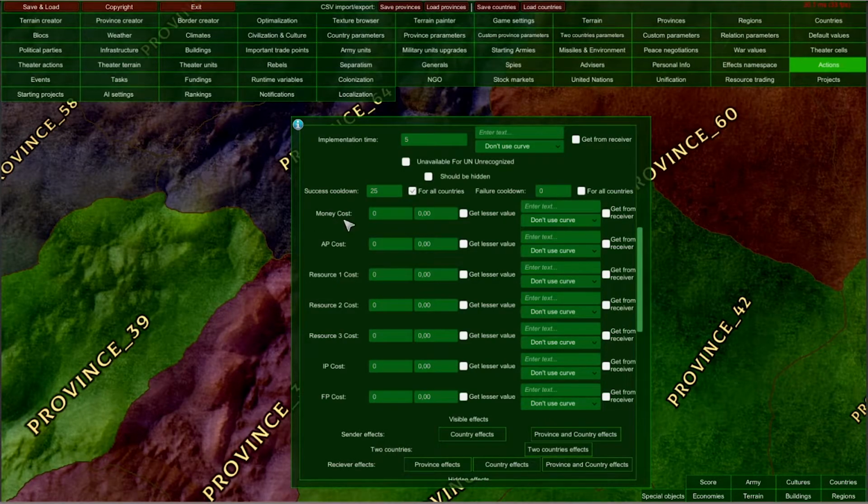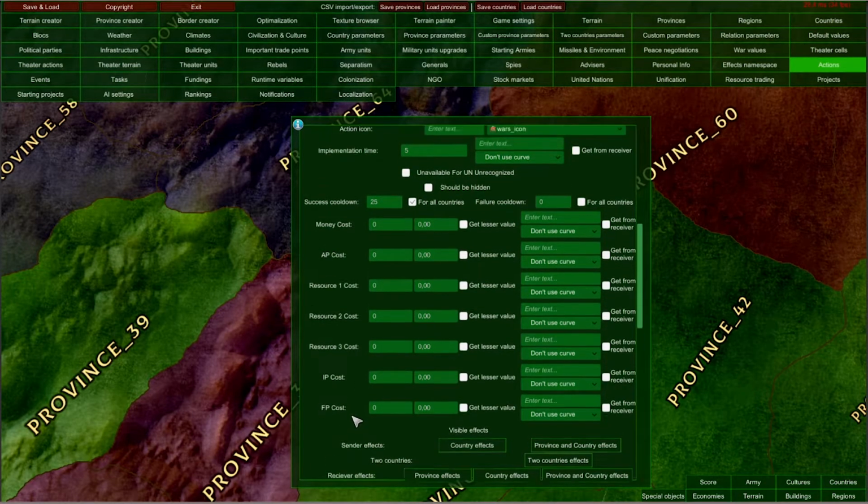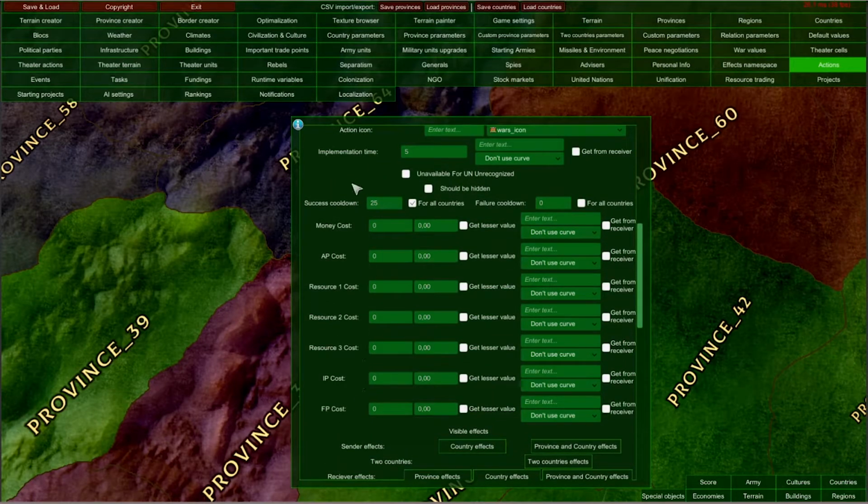Next, we have the cost setup for our action. Here we can input flat and scaled cost in money, action points, all 3 of our resources, investment points, and favor points. And like I've mentioned before, spy actions have their special spy points resource, and diplomatic action can have investment and favor points cost.